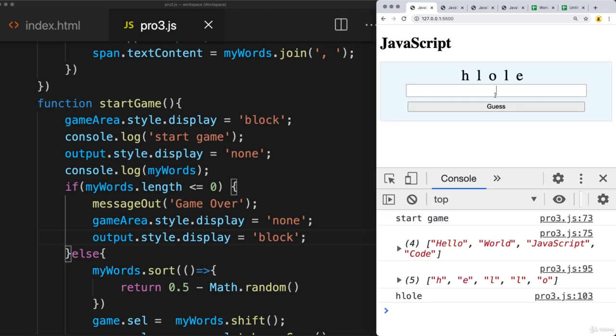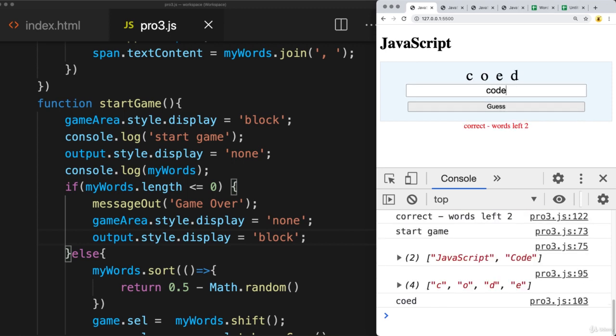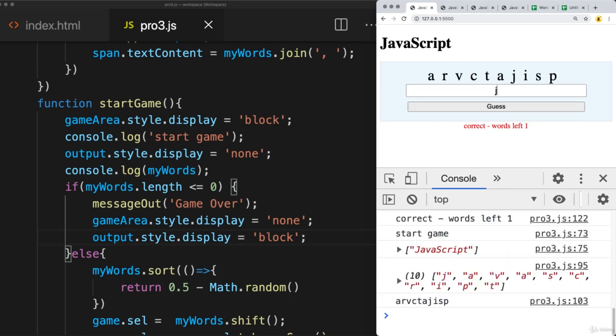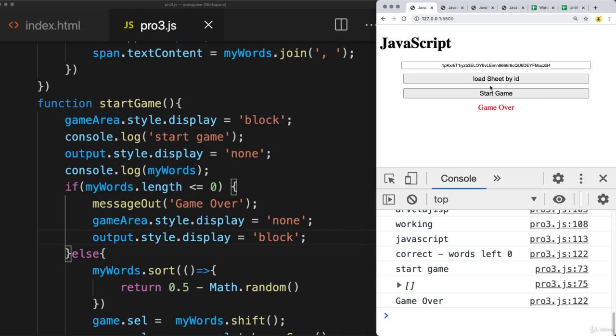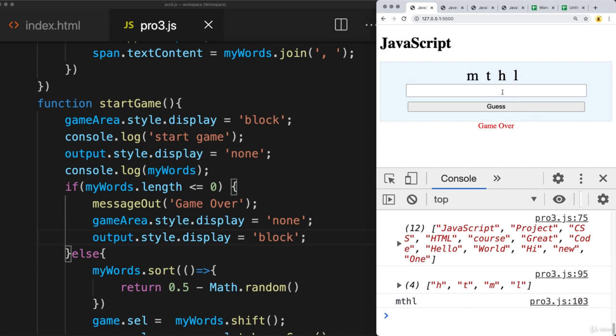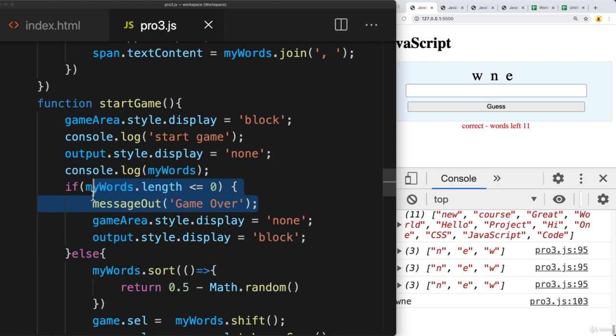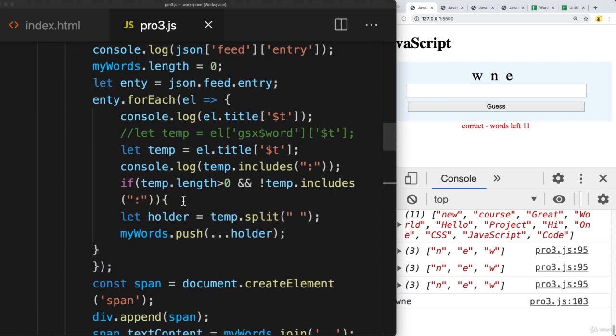So start the game, and let's play through it. And once we've guessed all the words, it should give us an option to reload a new list. So there we've got the list, and we've loaded a new list. So now we can start with the new list and we can play through. And actually this message of game over, when we load a new list,